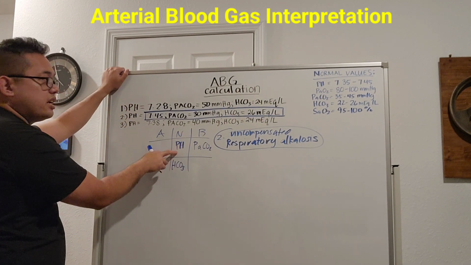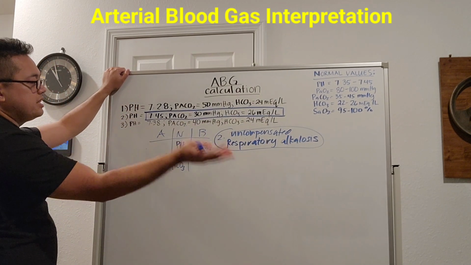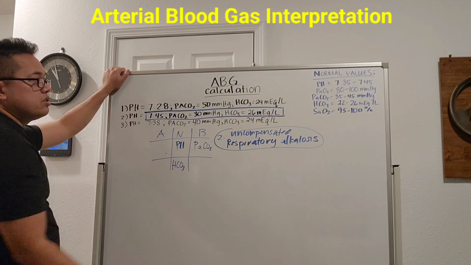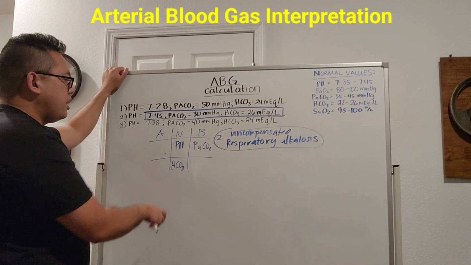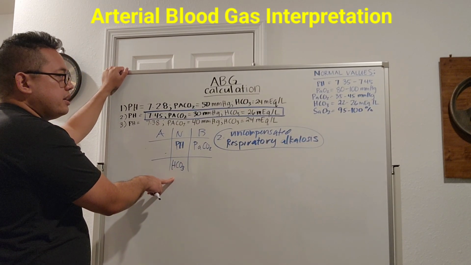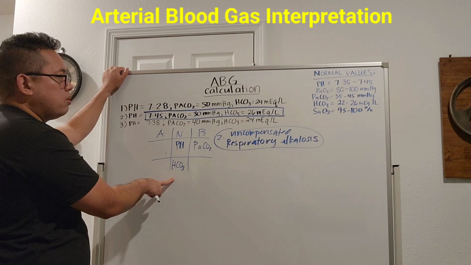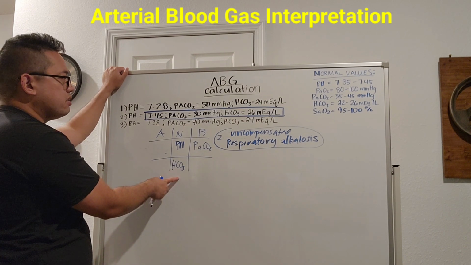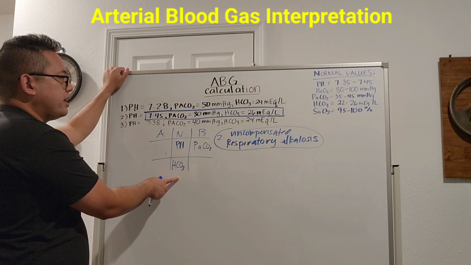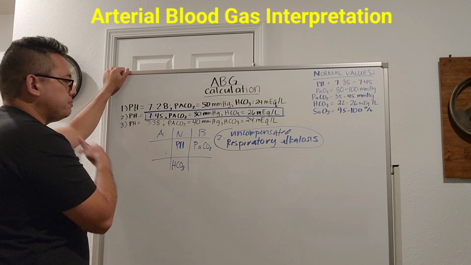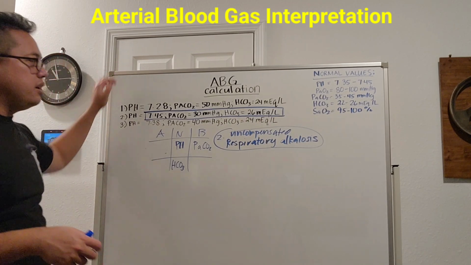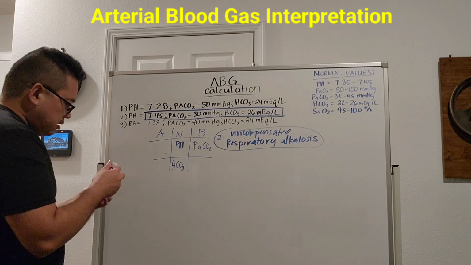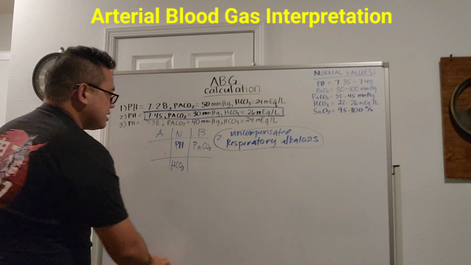Because again, the pH is borderline normal on the basic side. PaCO2 is below 35, which is basic. And the bicarb is within normal range, but also borderline basic. So that's the answer, uncompensated respiratory alkalosis. Alright, for our last